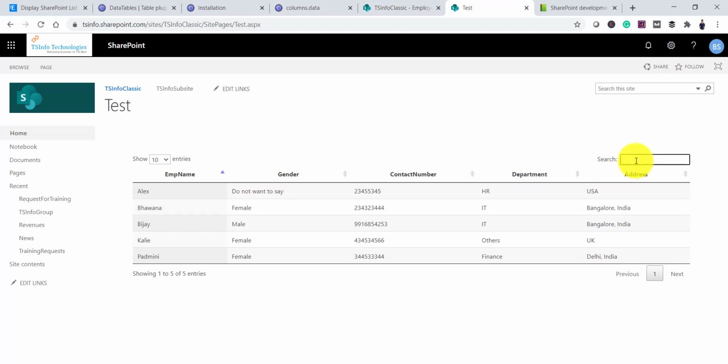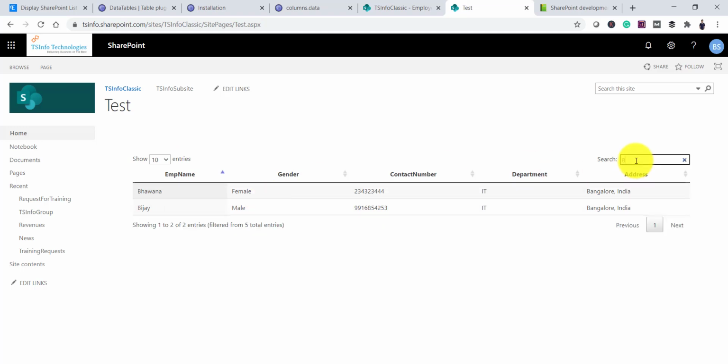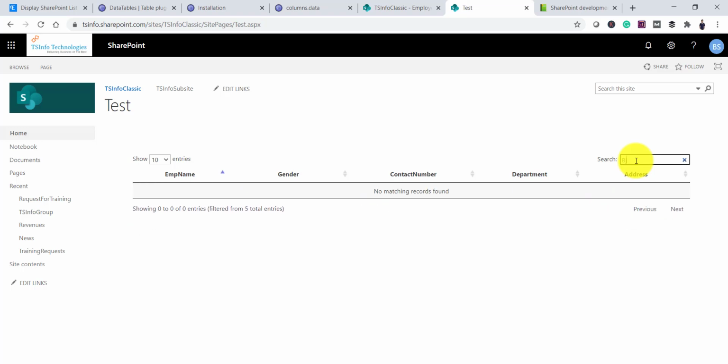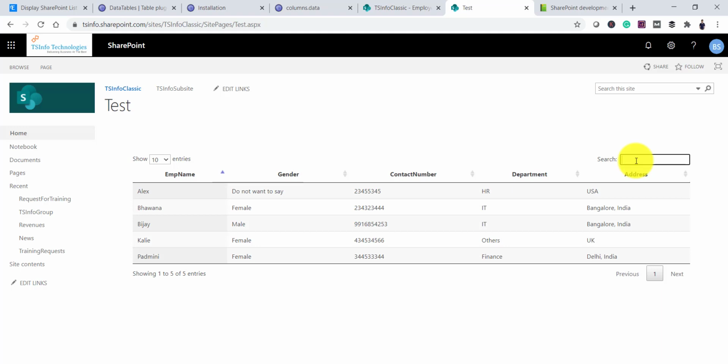For example, here I will try to search something. If I put it like this, you can see here it is coming like this. So this is how it will work, in fact, without writing any code, because if you see here, we just bind our data. We have not written any code for this search or other functionality. You can see the sort feature is there, so you can sort on each and every column.